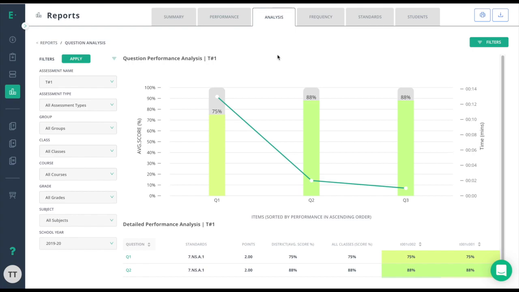If you need to print or download these results, you can do so at the top right using the printer icon or the download to CSV icon. When looking in reports and trying to filter down to a specific assessment, make sure that the assessment is closed and that students are graded. This process will make sure that the data flows into the reports and